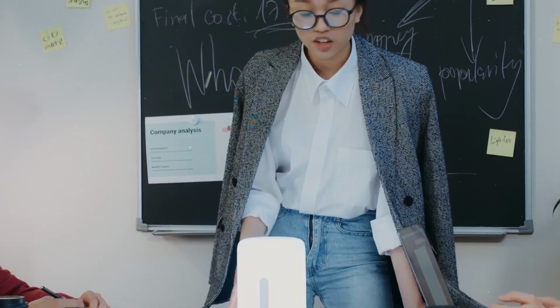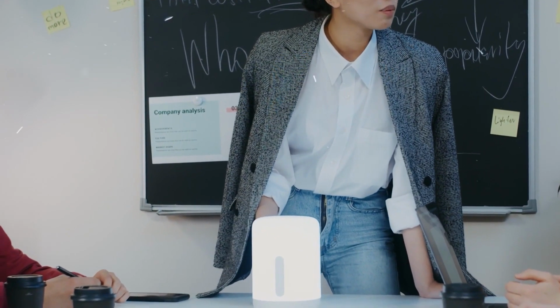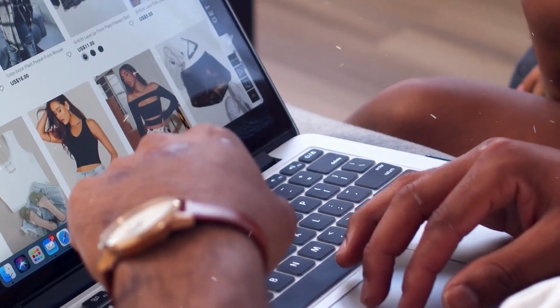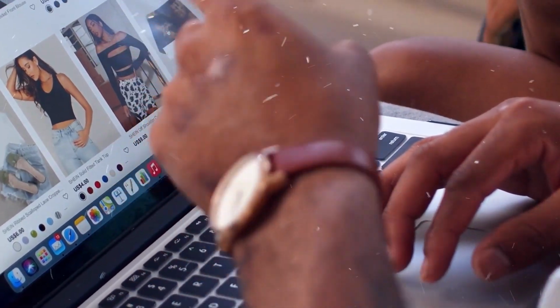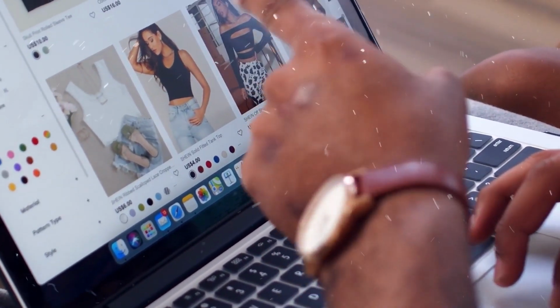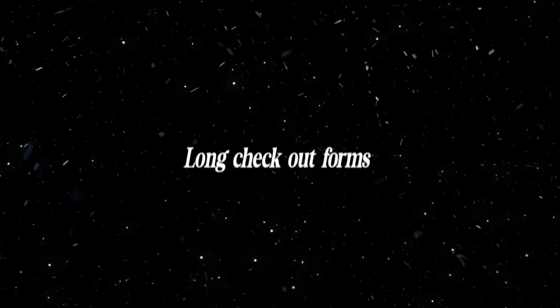Now, the fourth way not to sell your digital product is overcomplicating the buying process. This one is huge because this is something I have experienced on the buyer end and I see how it plays a very huge role. If it's too hard for people to buy your product, they just won't. When you have long checkout forms, clunky payment systems, or confusing download instructions, those things are major turn-offs, even if you're offering a free product.